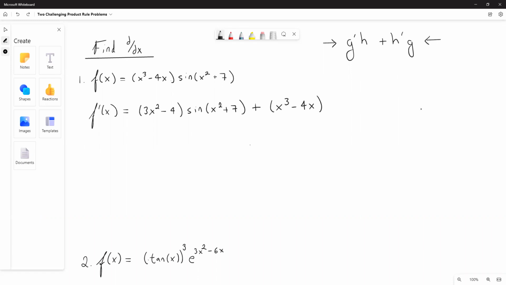Then we're going to take the derivative of the second piece here, the sine of x squared plus 7. We're going to have to use the chain rule on this because it is not just sine of x. We turn it into cosine x squared plus 7, and then multiply by the derivative of what is inside the parentheses, which is 2x. Okay, and that is your derivative here. Okay. For the next problem,